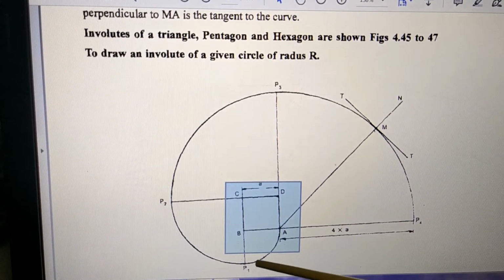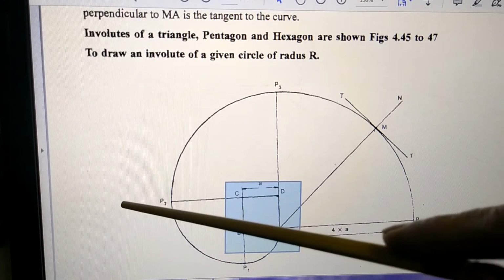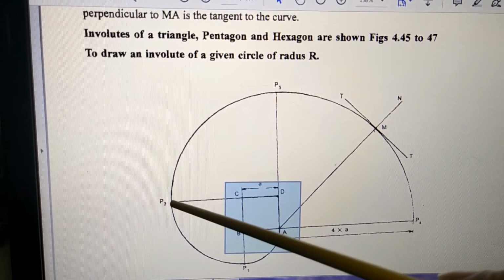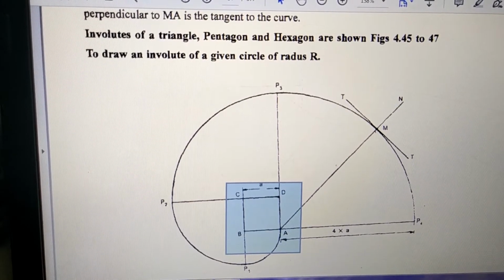So how do you do that? You draw one construction line like this, and this circle when you draw by compass, that compass circle will intersect here, so you stop here. After that, what happens now?